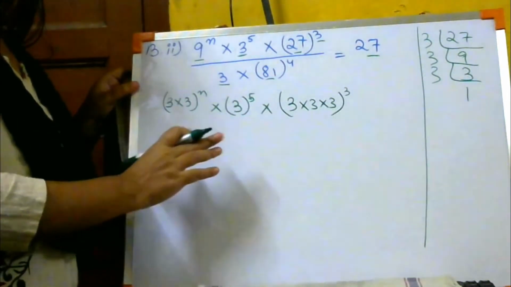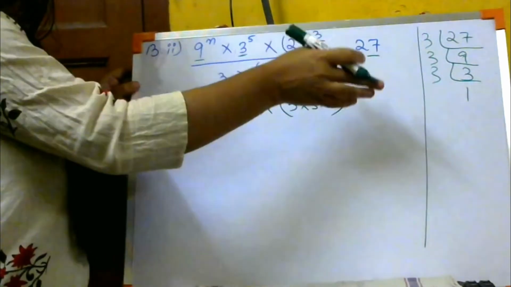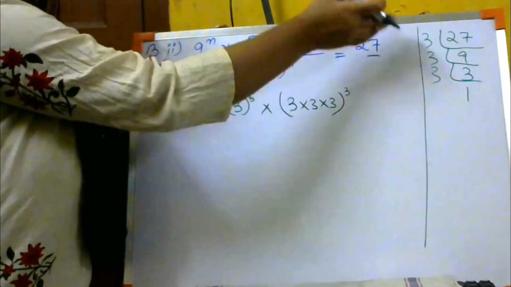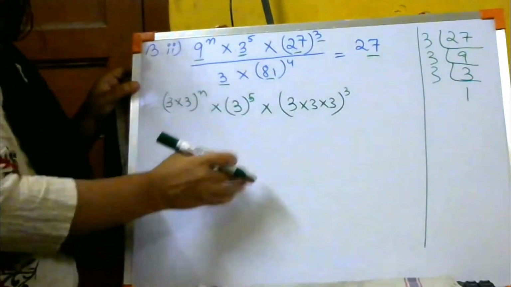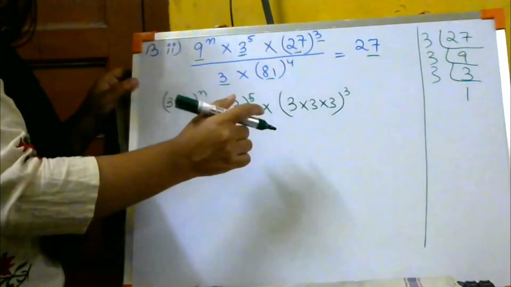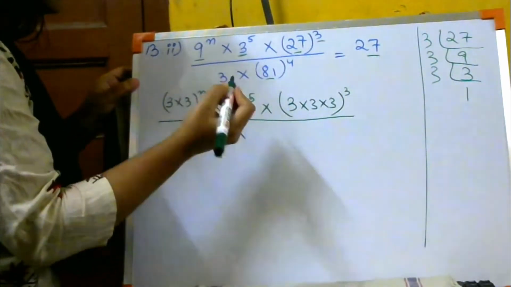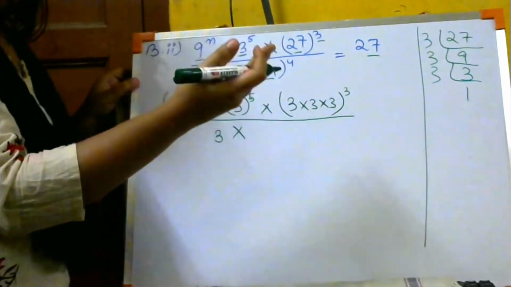Clear? Did you understand how you can find it out? कि 3 को कितने बार लिखने से 27 आता है, 3 को कितने बार लिखने से 81 आता है. You can find it out by this method, prime factorization method. ये तो क्लास 6 में कर चुके हो तुम लोग, ठीक है? Divided by, नीचे यहाँ पे सिर्फ एक 3 है तो उसको सिर्फ 3 लिखना है. 81 को कैसे 3 में चेंज करें?